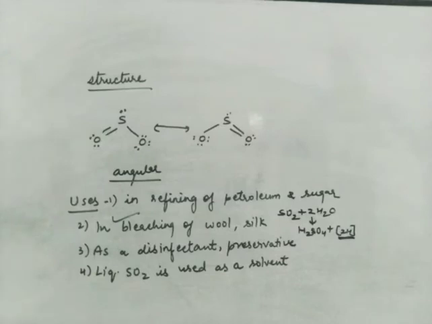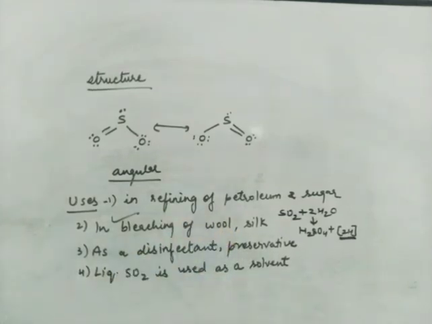And one important thing, the bleaching action of sulfur dioxide is not permanent, it is temporary. Now we have learnt about the bleaching action of ozone also. That was due to nascent oxygen. That is permanent bleaching. But here what happens, as soon as you dip that organic substance into the aqueous solution of sulfur dioxide, it will be colorless. But as soon as you take it out from the solution, again it will be colored. So here the bleaching action is temporary because it is due to nascent hydrogen.